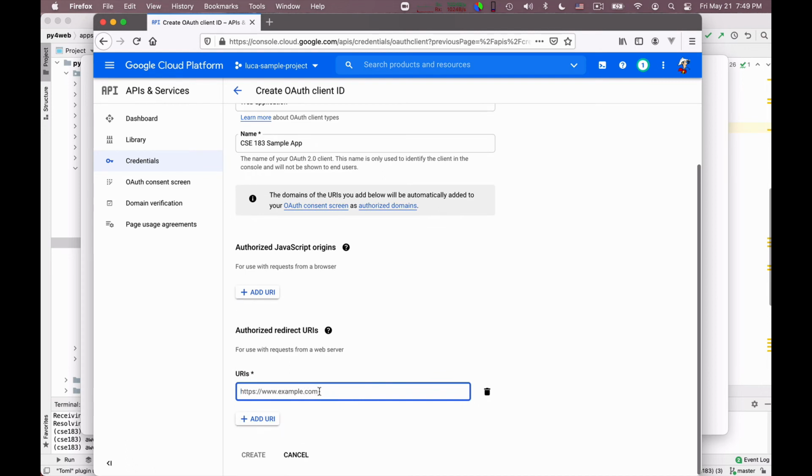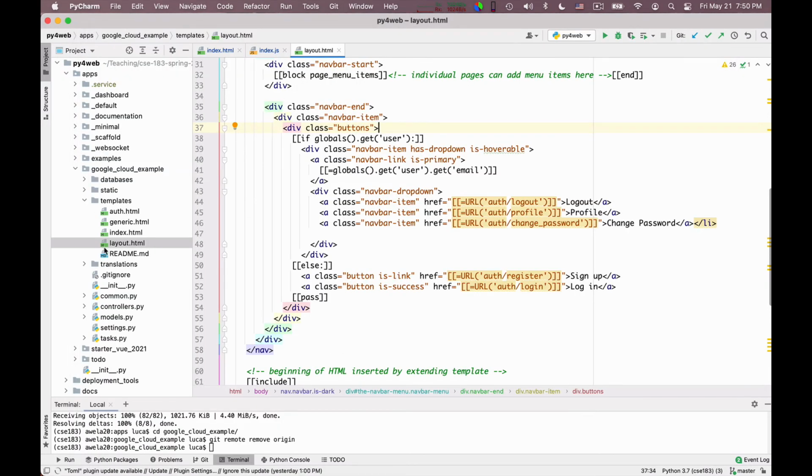While we are developing, this will be a local host URI to enable us to develop. And then once we put this to the cloud, we will need these to be true URLs to the cloud service. And fortunately, I will be able to guess the name of the service, okay? So let me start by the local URIs. We need to decide what is the name of our app, and I have already decided it. Here I call it Google Cloud Example.